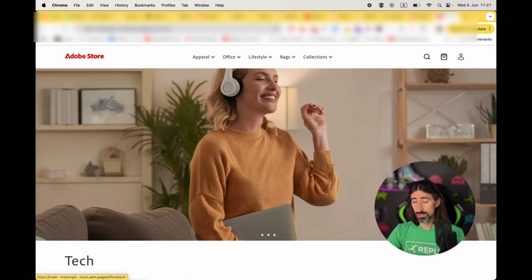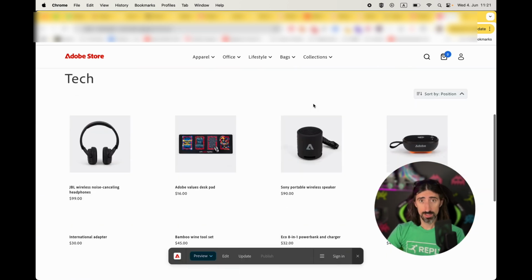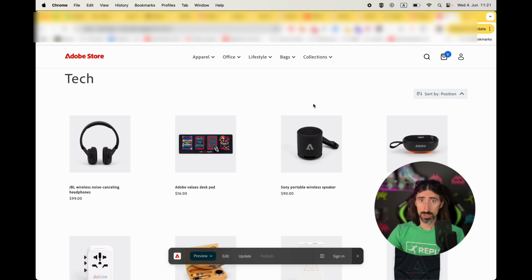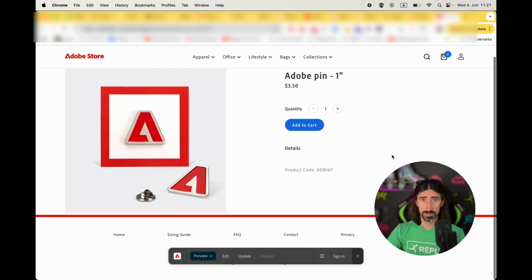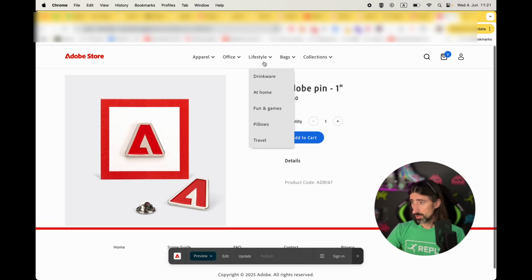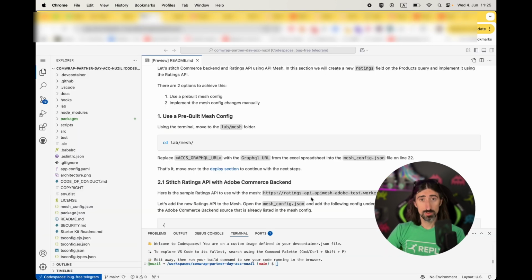The task Adobe wanted us to do is to add reviews from an external system. So they're not stored on Adobe Commerce, they're loaded from an external system and displayed here on the PDP page. The first step, if you want to load something from an external system, is to create a mesh, because